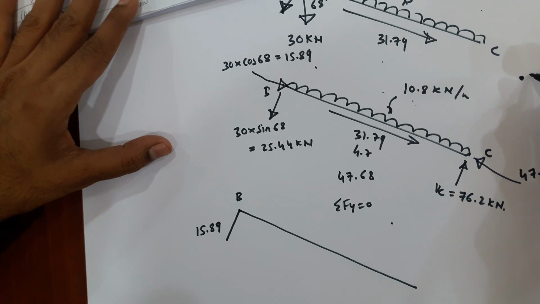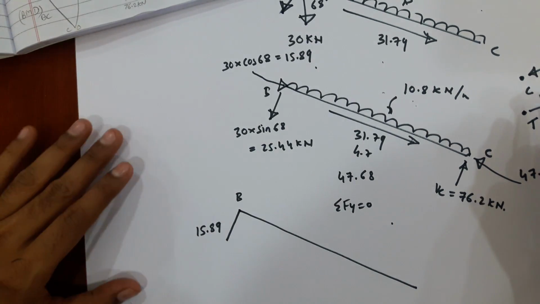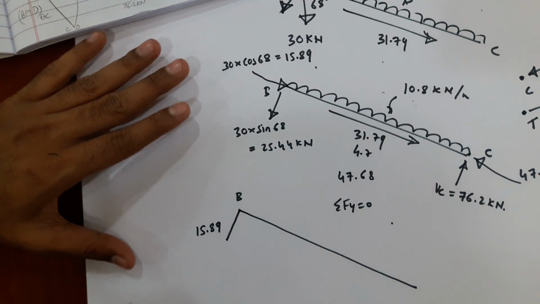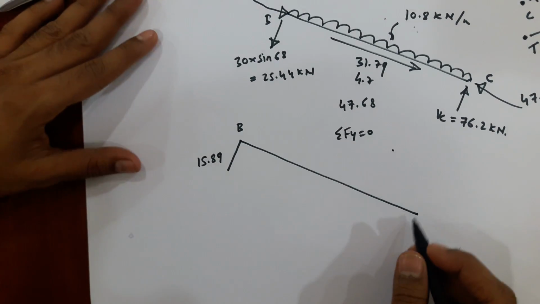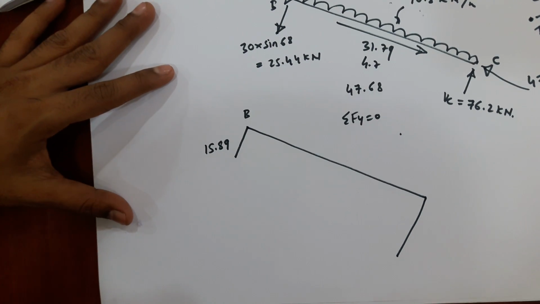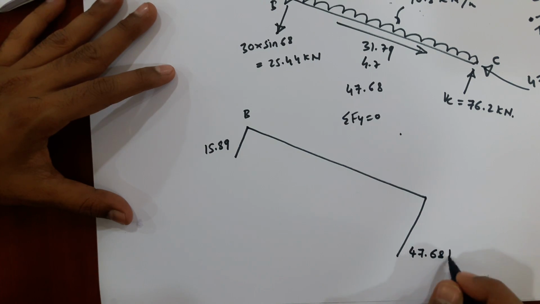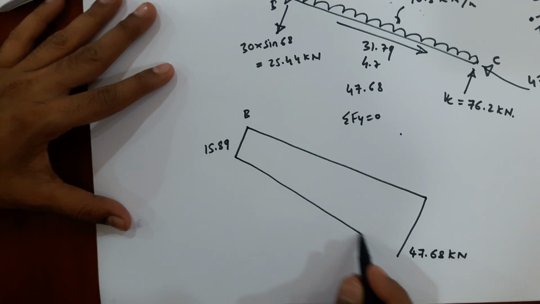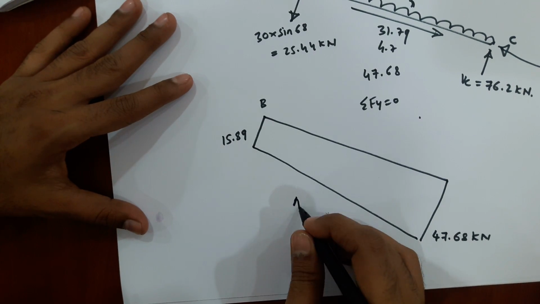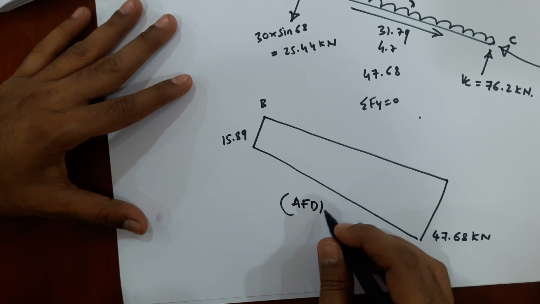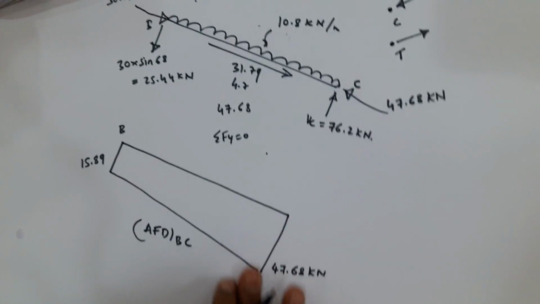If this is the joint, if the force is towards the joint, then it is termed as compressive force. If the force is away from the joint, then it is termed as tensile force. So the compressive axial force, we are taking it as negative. At C also it is compressive in nature, 47.68 kilonewton. This is the axial force diagram for member BC. Okay,